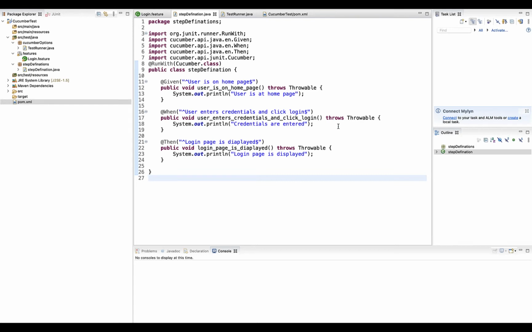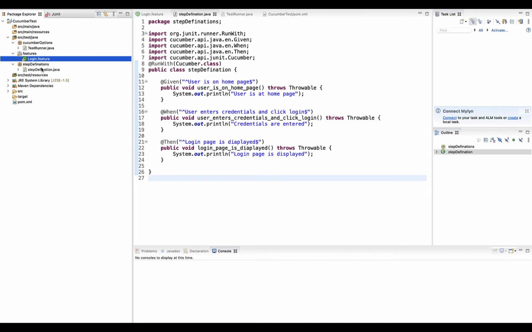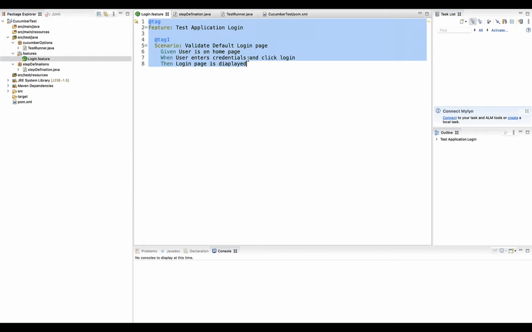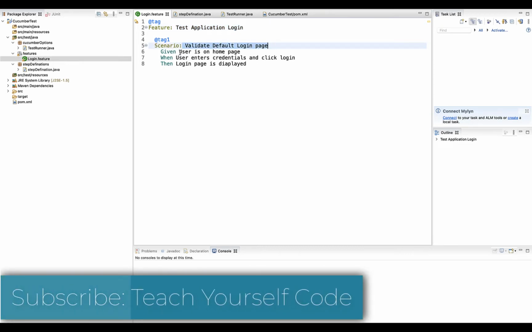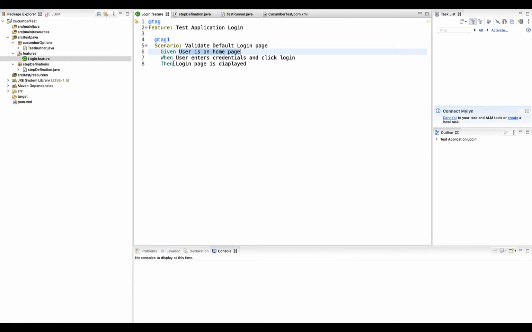So let's get started. Just to give an idea about my current project, this is a demo project, a very basic one that I'm using to demonstrate this particular error message. We can see the three main components of Cucumber: the test runner, the feature file and the step definition. If I go to the feature file, you can see a very basic skeleton of a test for an application login page, with the scenario, the Given step where you are on the login page or home page, the When step where you enter the credentials, and then the Then step where we validate if it is logged in. This is very basic, as we all know.